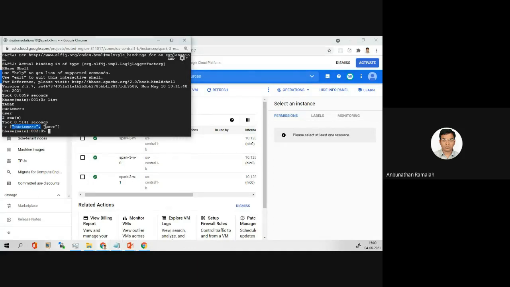So there is no weather database here. Let me start with HBase. We have three exercises. Once we complete this, we'll go to Cassandra. In Cassandra we have around 7 or 8, so more than 10 exercises are there. We'll balance both the hands-on plus slides, because we need to cover both.